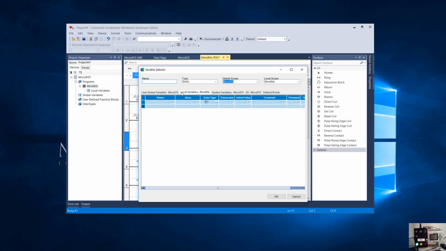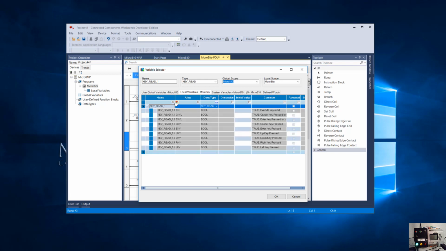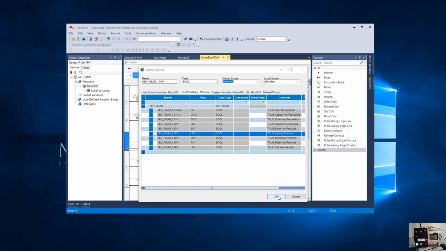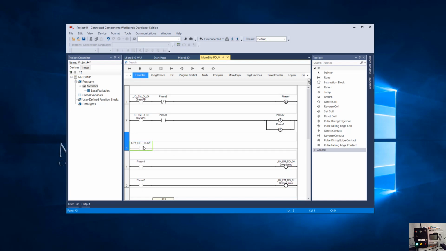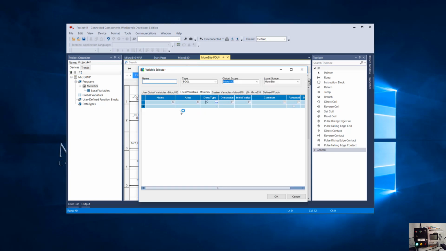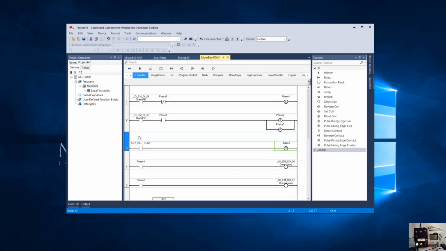It's not showing up because they're filtered right now. So I'm going to clear my filter so I see the key read. And I'm going to look for, let's use the up key. So that would be this one right here. Okay, so that's good. Hopefully you're thinking things like this, adding a set to phase 3, and